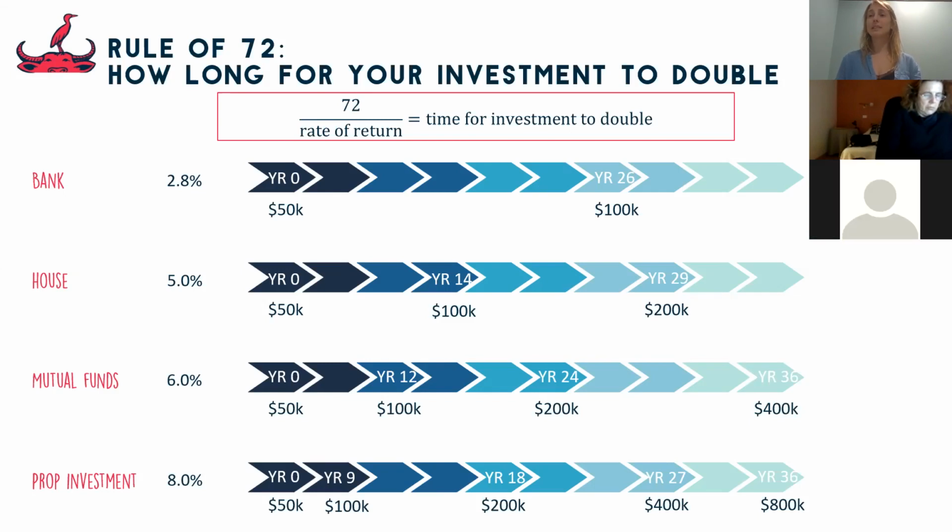Okay, so it's a very basic formula. And if you guys have a phone with you, I invite you to pick it up and grab your calculator, because you can actually do some quick maths to prove it yourself. So the rule of 72 says that if you take the number 72 and divide it by a return on investment, the resulting number is the number of years it will take for your investment